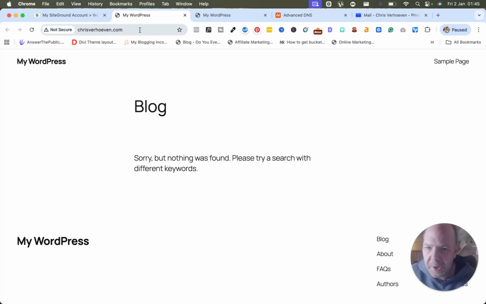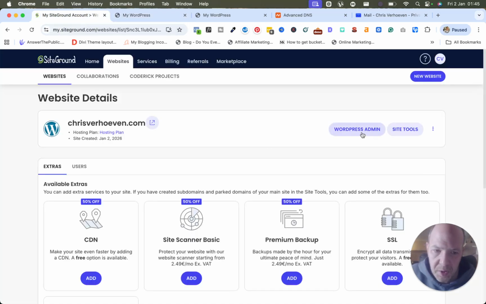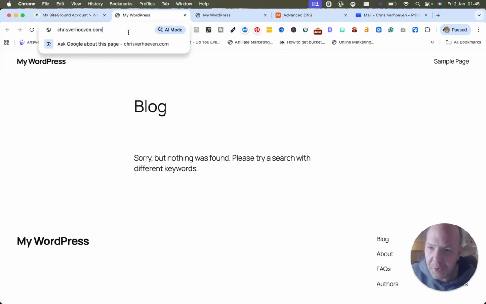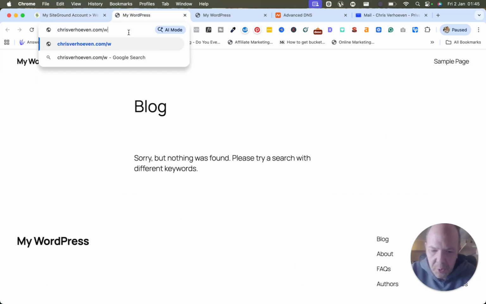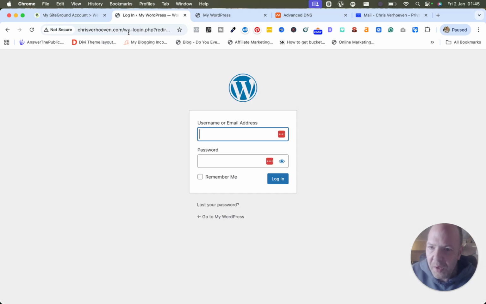But for now, you can go to your dashboard and click on WordPress admin, or when you are on your website, you type in /wp-admin. It's the same thing. It will ask you for your username or email address and the password that you just created when you set up the site. So it is contact@blogtechsupport.com and then your password. And then when you press enter,